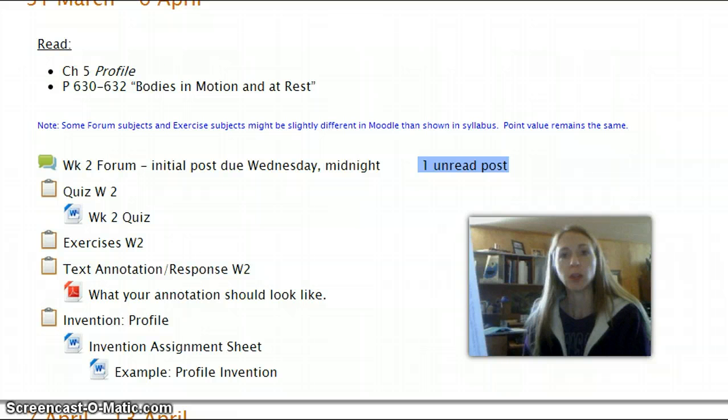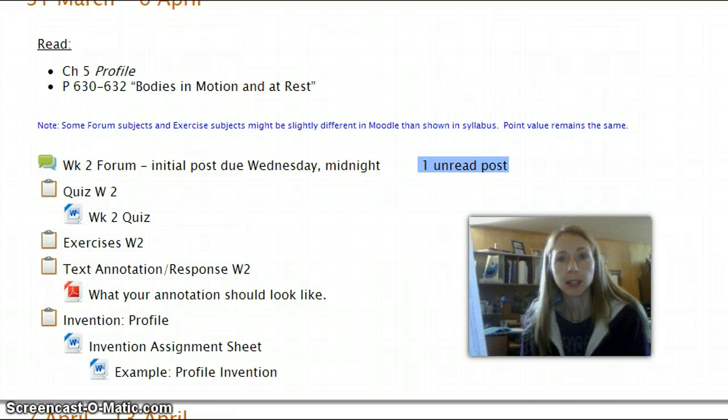So invention is a means of getting on paper, who am I writing to, and really thinking through, where is this person sitting when he or she's reading my paper? What does this person know about my subject? What are this person's assumptions or biases about my subject? Really get to know who your reader is in the invention process. So once you know who your reader is, you can really start to gather the words and phrases and tone that will best match your reader.